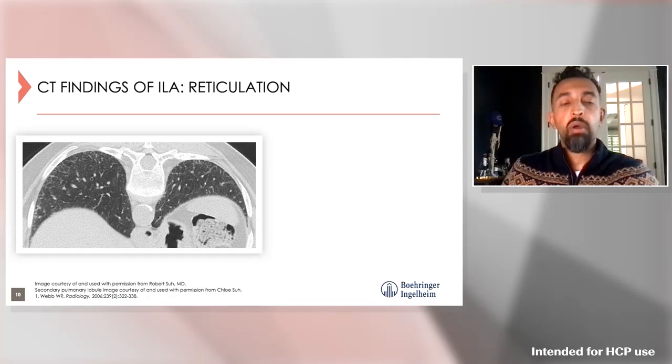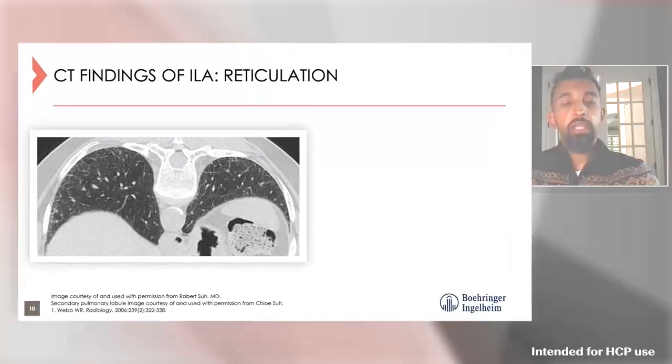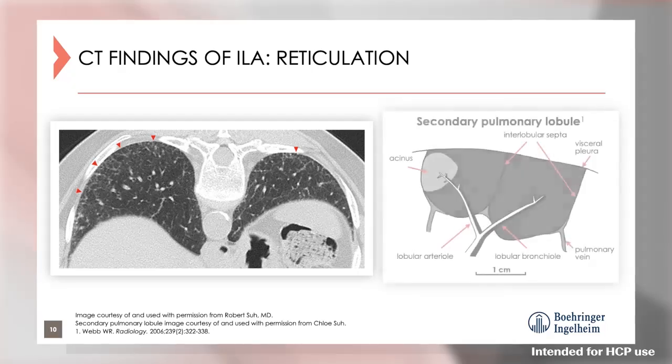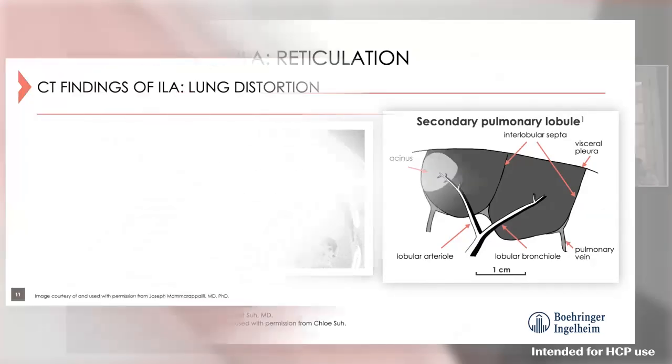Again, these are small little areas of septal thickening that occur in the subpleural region of the lung that you can see oriented roughly 90 degrees to the pleural surface. You see them here at the right lung base and the left lung base, a great look for reticulation. What's happening pathologically? In this cartoon image, these areas of the interlobular septa become thickened and give us this appearance of reticulation that we see on cross-sectional imaging.